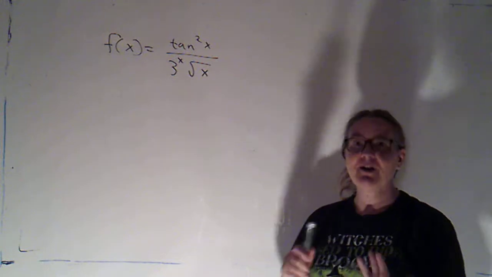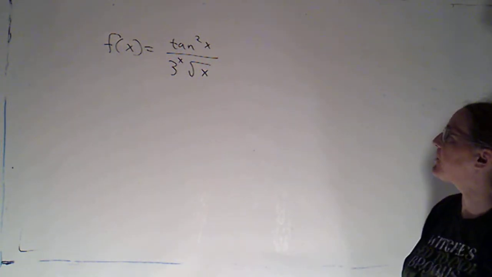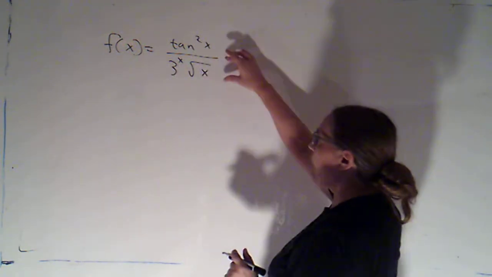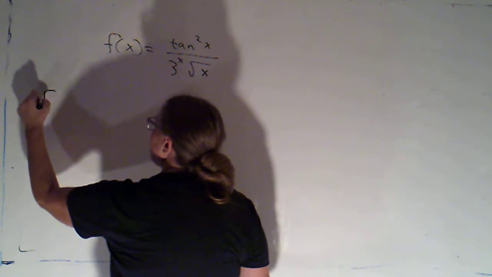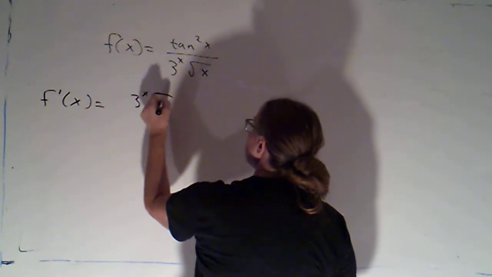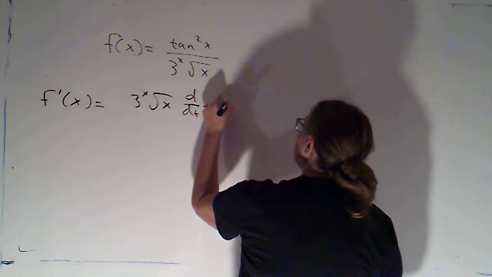You should know product and quotient rules. You should also know logarithmic differentiation. Okay, I'm going to do this one without. So I'm going to just say this whole thing is a fraction, so I'm going to have to use quotient rule. So that's going to be low, 3 to the x root x, d high times the derivative of